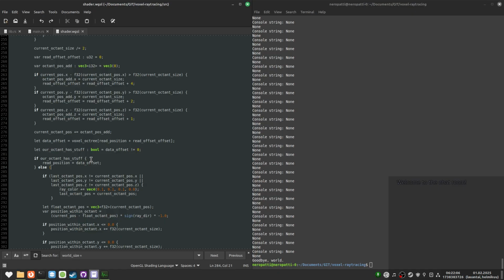Actually, let me think. No, it's actually quite difficult. I don't know how I would do that with the current structure of everything. So chunks could be an answer to that. But also, I don't need to center the world around the player. I can just have a static box that everything exists in.